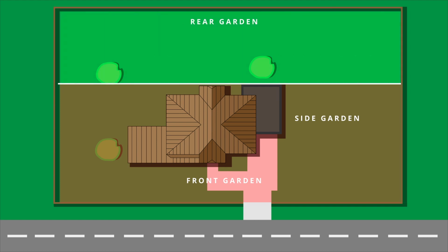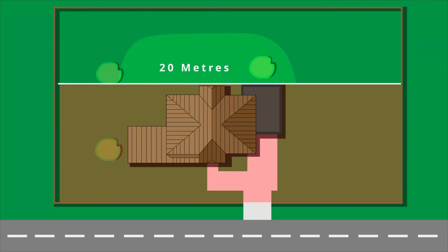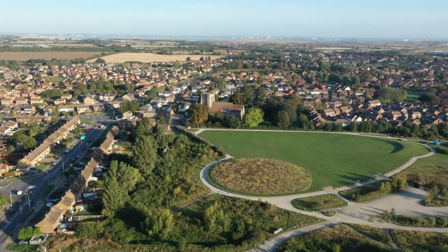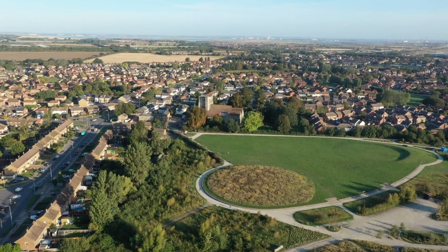In a national park or area of outstanding natural beauty, providing your property has its permitted development rights intact, there is an additional rule. Permitting development within 20 metres of any part of the house, but restricting development outside of this area to 10 square metres. This does include any existing sheds or outbuildings already on site. If you'd like to build something over 10 square metres, more than 20 metres away from your property, planning permission would be required. Whilst these rules are applicable to the vast percentage of the country, we would always recommend checking